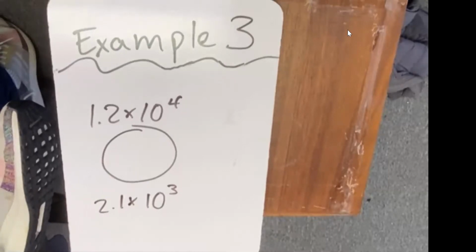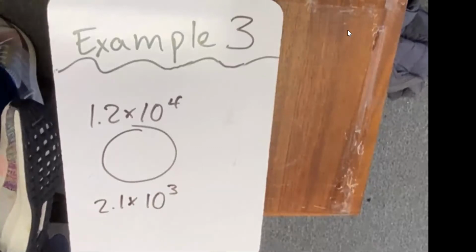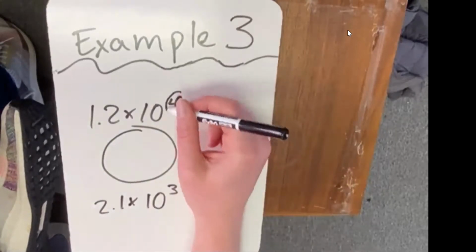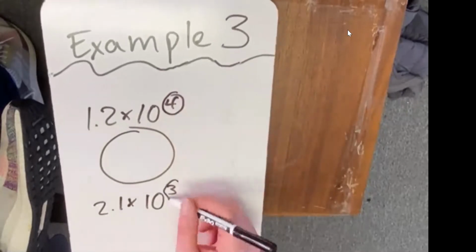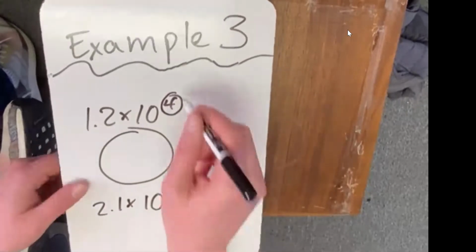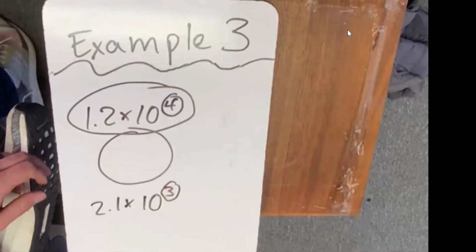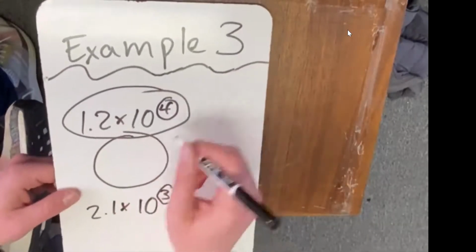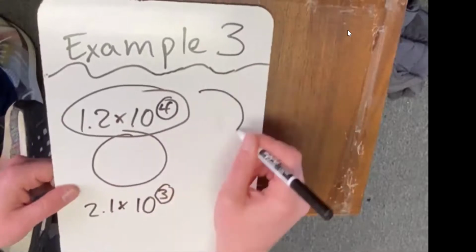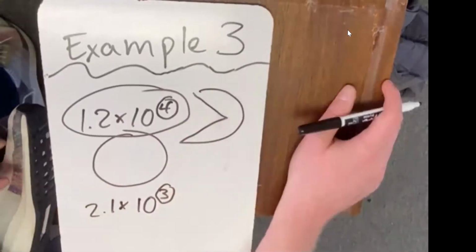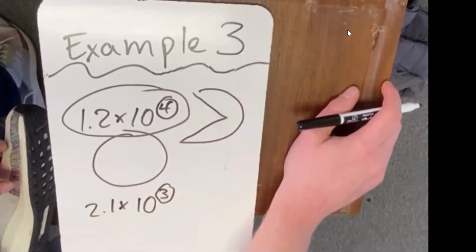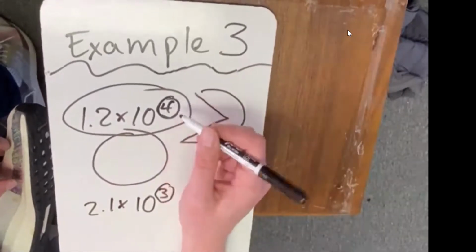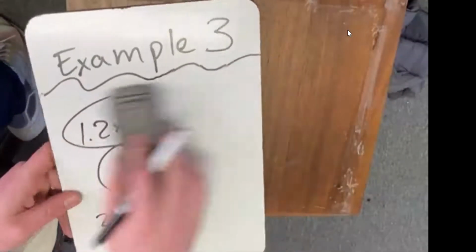So which one is bigger? Well, all I need to do, first and foremost, is see if this number right here is bigger than this number. That means that 1.2 times 10 to the 4 is going to be bigger. I don't have a yellow pen, but my Pac-Man is going to go towards 1.2 times 10 to the 4. That's just because of that 4. So let me write it out in